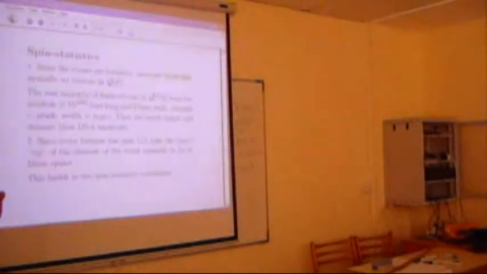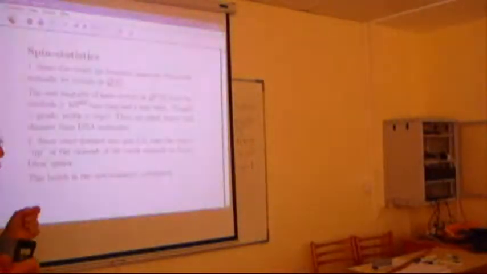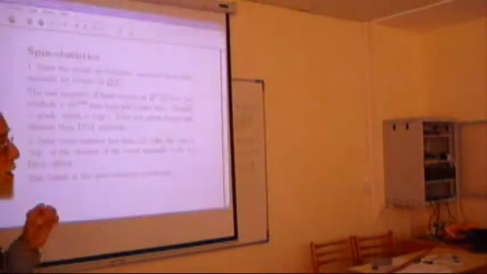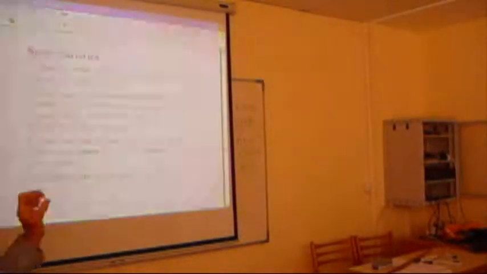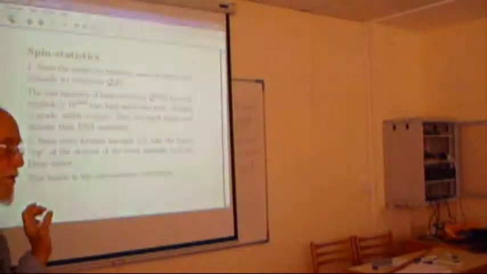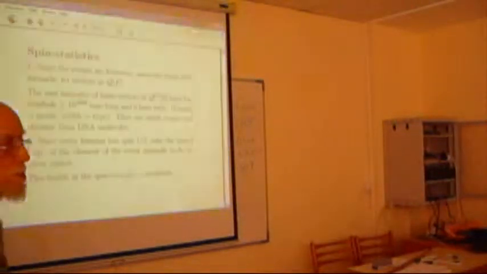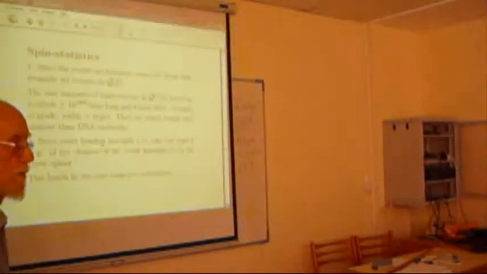The first fact is spin statistics. Every fermion has spin a half. It's represented not by a space in millions of dimensions, but this spin a half is in a space of 4 dimensions. So every one of those long, skinny